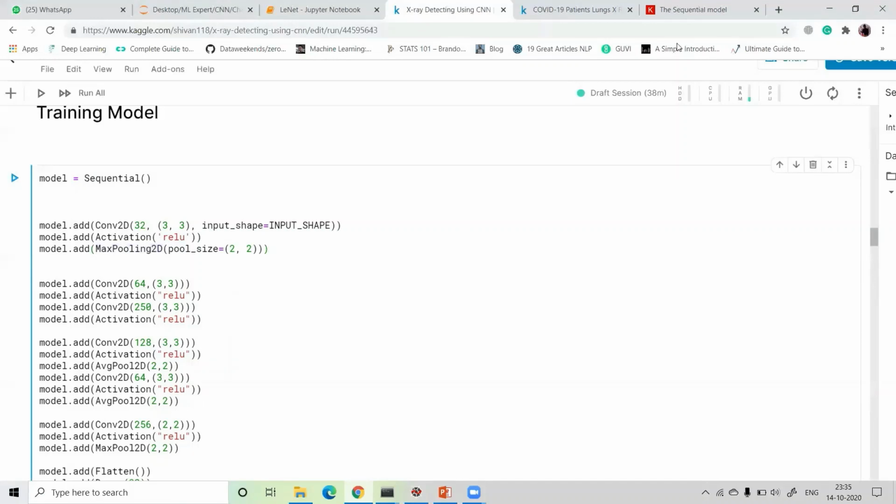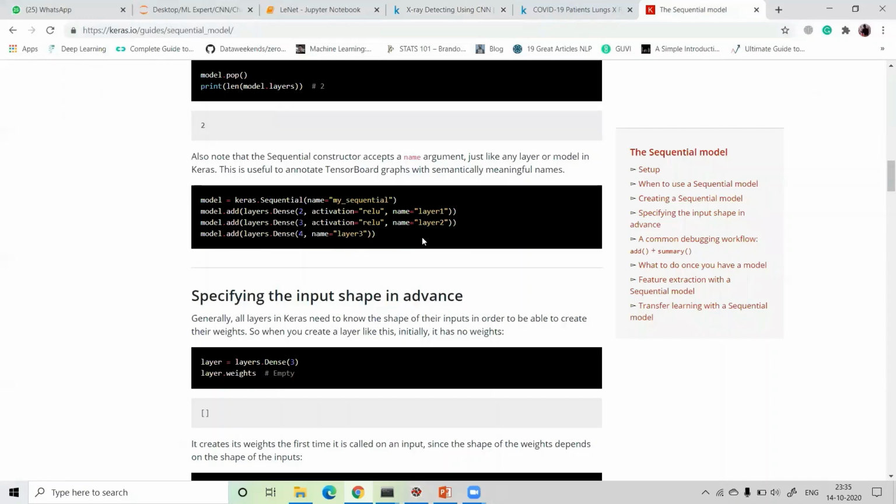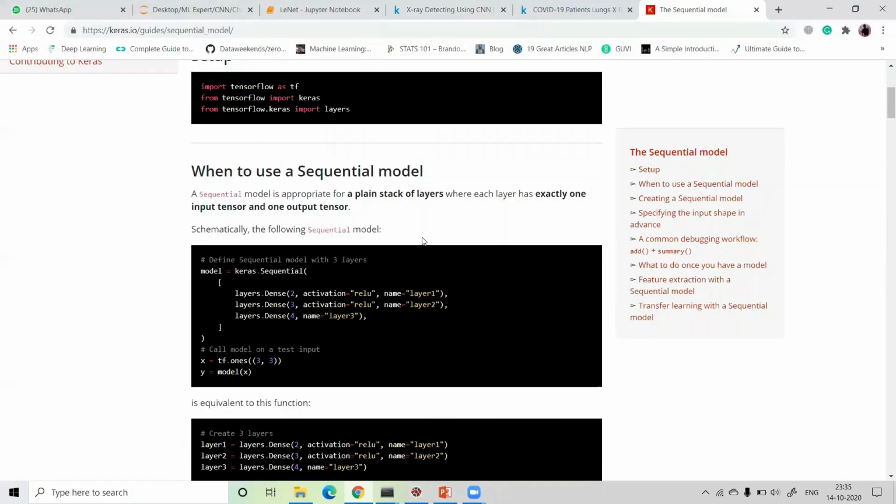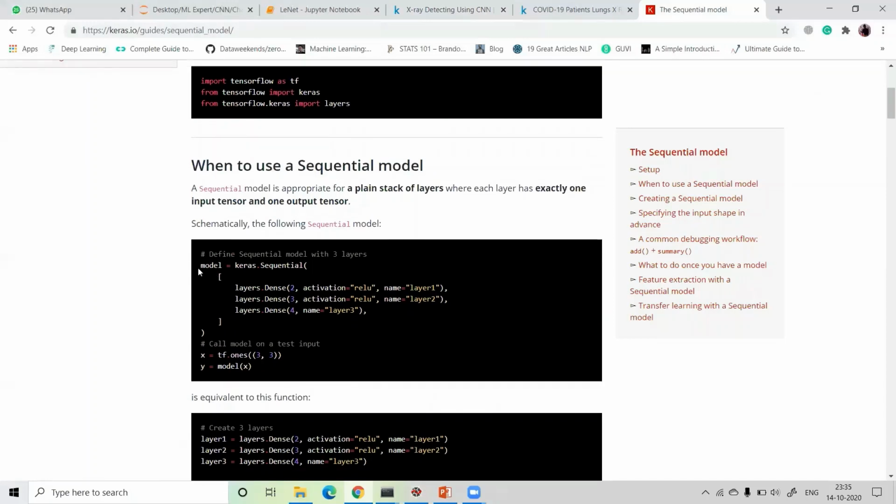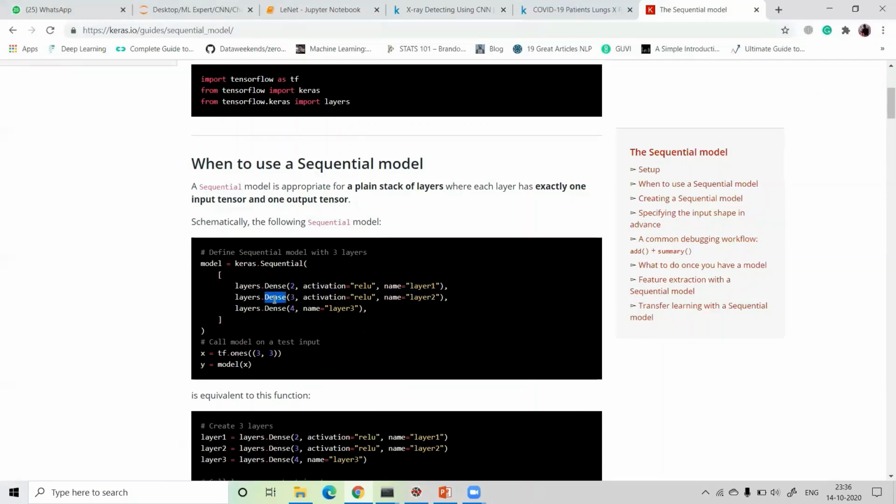Okay, then I just show you the Keras documentation. There are lots of methods for writing the Keras training model. In the first method, you define a sequential model with 3 layers like keras dot Sequential, and then write the layers, Dense. You define your Keras layer Dense, then another Dense layer, same thing.